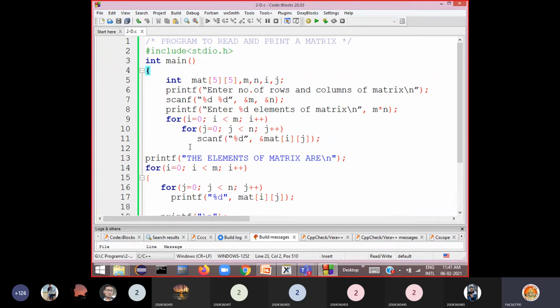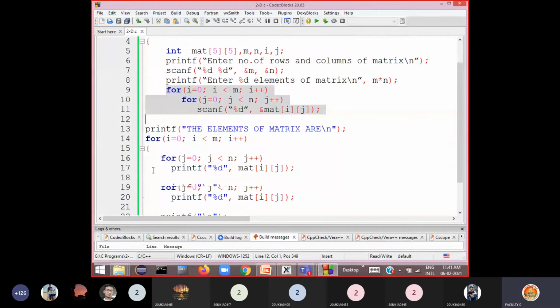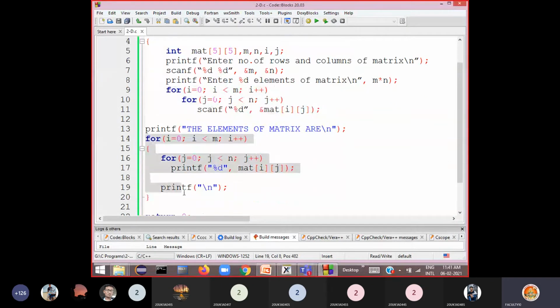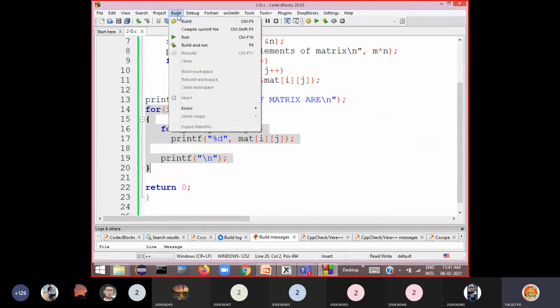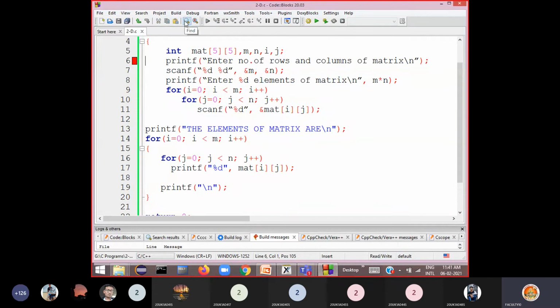Okay, so this for loop is for reading values into the matrix. And this for loop is to print the values onto the screen. Okay, so I am reading values into the 2-dimensional array using these two for loops and the scanf function. I am printing the values present in the 2-dimensional array in the form of a matrix using this. Okay, so see the execution. Now I build the program. Okay, now if I run the program,